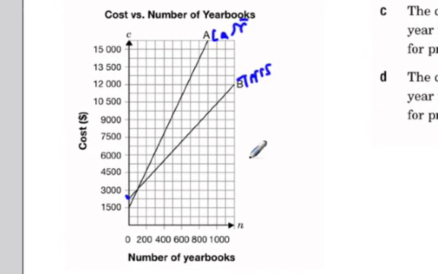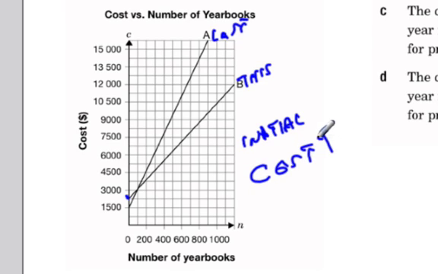So that means the initial cost, or the flat rate cost, has increased. And that chicken scratch says initial cost has increased. Sorry about my handwriting there. And so then here,